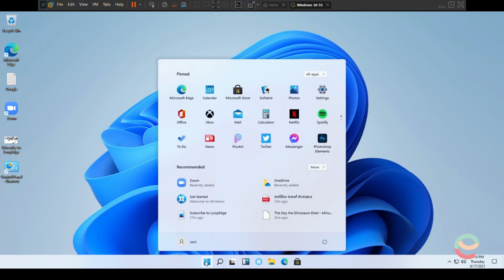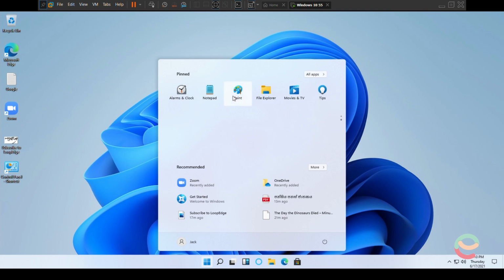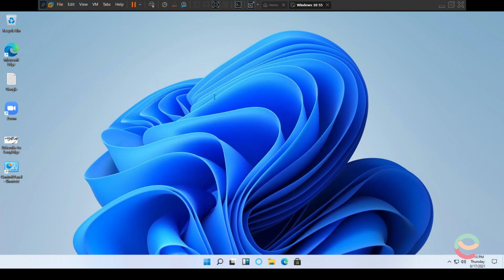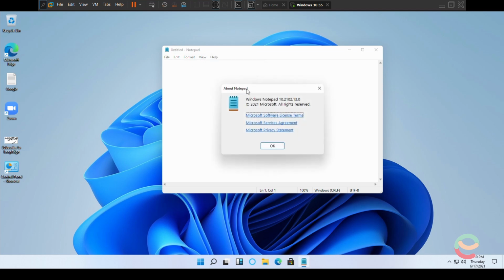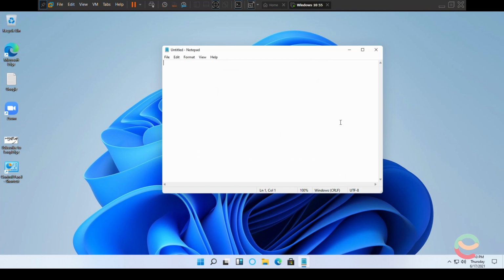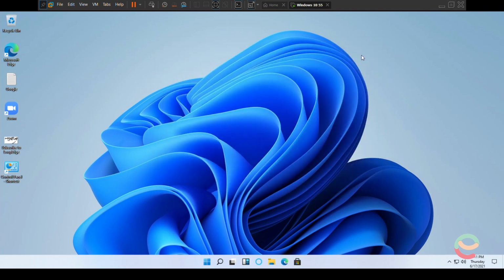Okay, so again, I'm going to go right here. Let's see what cool stuff we could catch. When you scroll down, we have Paint. Paint also has the same design which it had on Windows 7, so there's nothing new about it. And Notepad is the same. It basically has this weird new icon. I like it, and when you go to About Notepad, it also has this one thing here. They typed something like "Hello World, you are done." Okay, this is good. I like it. Okay, so let's close it up.